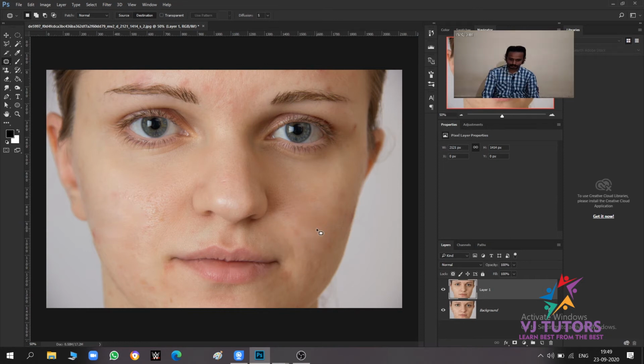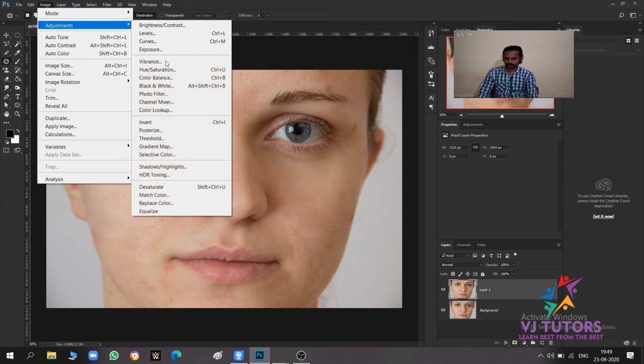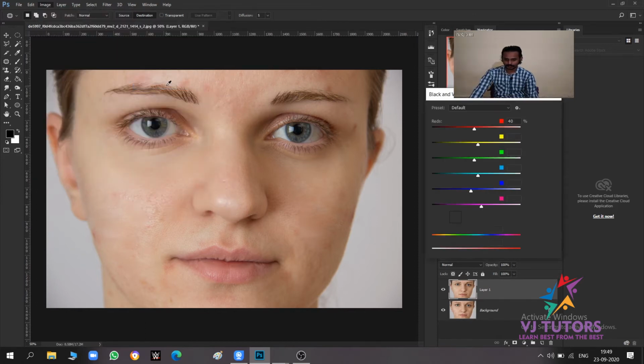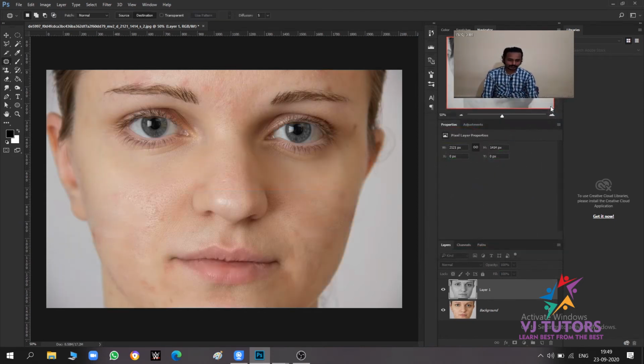Yeah, so we are done. I go to Image again, I go to Adjustments and I go to Black and White. So now if you see, we don't have any patch, or if we have one or more, we will remove that in the advanced mode. Okay, so once we have done this basic portion,